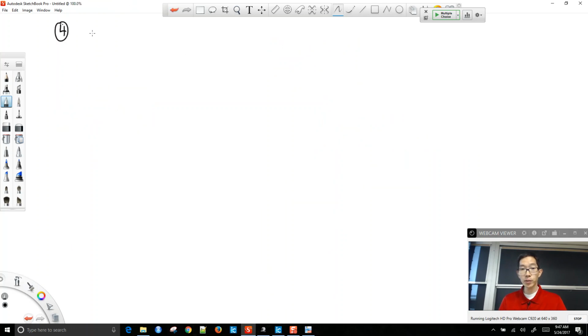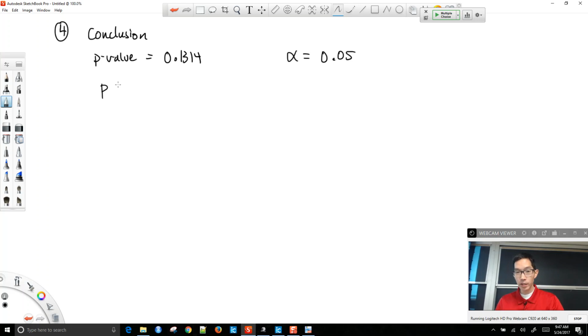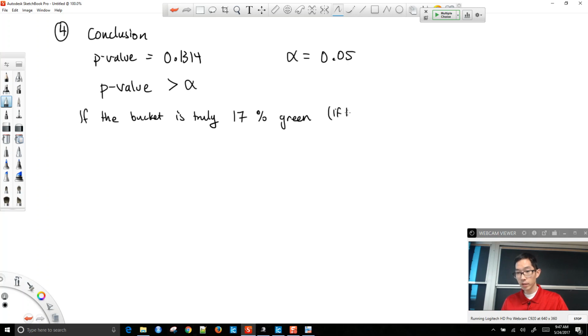In the conclusion, part 4, we take our p-value, which we found is equal to 0.1314. We compare this to alpha. We said alpha is 5%. So our p-value is greater than alpha. What we say is that if the bucket is truly 17% green, meaning that if the null hypothesis is true,